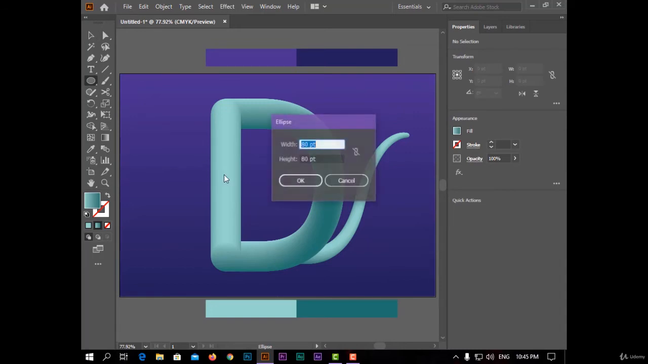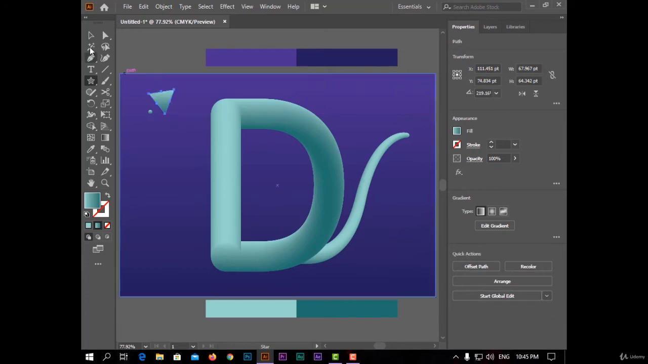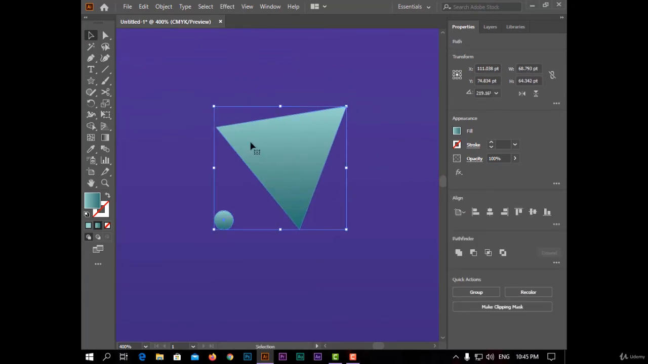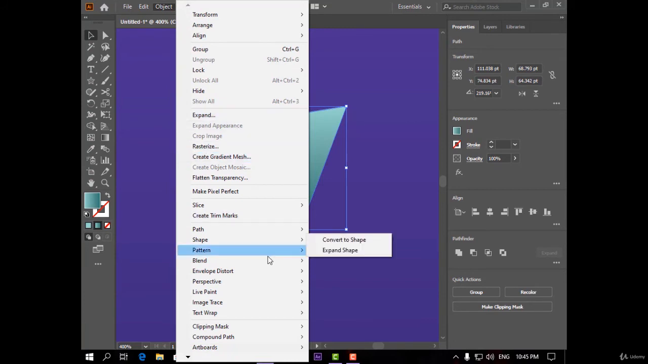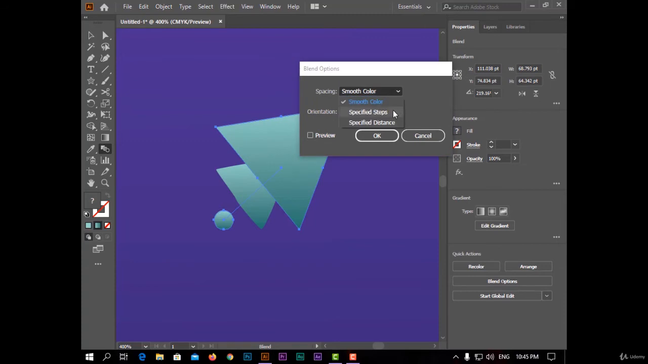And now make another circle with 10 width and height, and make a rectangle or triangle like this, and select the two shapes, from the Object menu make Blend, and from here choose specified steps like 30,